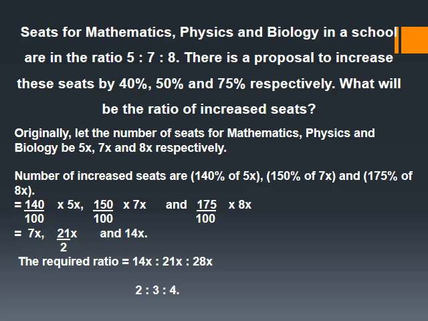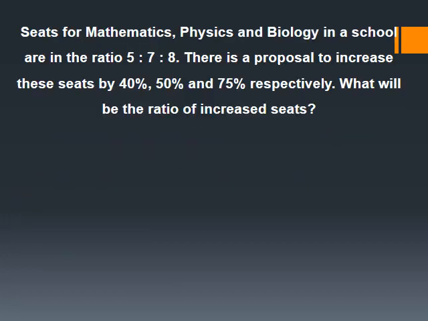Suppose the answers are like 14:21:28 and not 2:3:4, then you have to look for the simplest form, whether you can simplify this further. So in this case, 14, 21, 28 is simplified by dividing all of them by the same number. That's important, we have to divide by the same number, which means it should be common to all. Here, 7 is common. So we divide all of them by 7 and you get this simplest proportion.